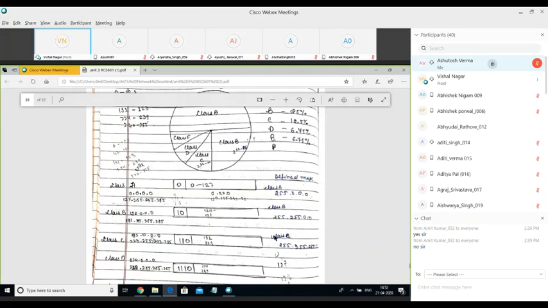Now we will move on to our class C addresses. It starts from 192.0.0.0 and moves up to 223.255.255.255. This is the range of IP addresses, and the format of a class C address is that the first three bits will be 110.